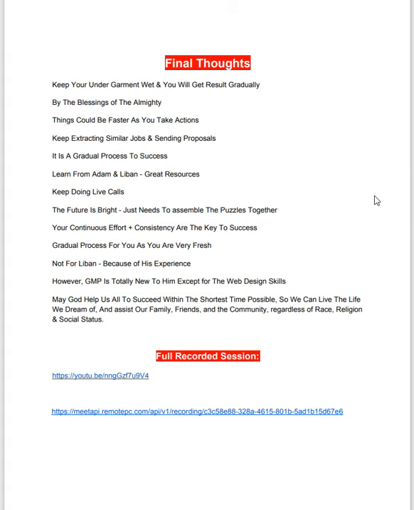Now I see the future is very, very bright by the blessing of God. You just need to assemble the puzzles together. So when you are in digital marketing, you are really playing a game with puzzles. It's all about getting all the puzzles organized, bringing them together in a proper way so it can display the real image that was deconstructed. Okay, so it's a puzzle, and you have to connect the pieces together.